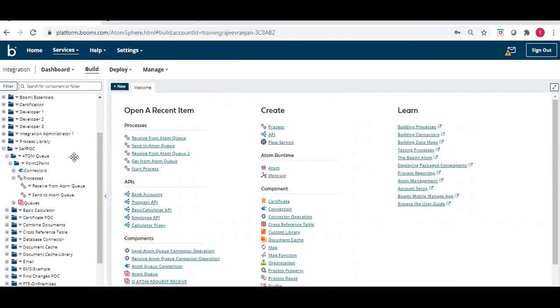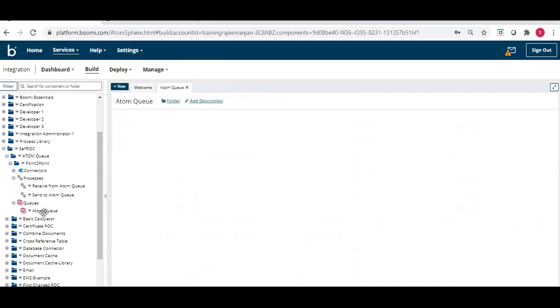To create the Atom Queue, first you need to create a component. You can see the queue component is necessary, because it is the primary thing that provides the information about the queue name.